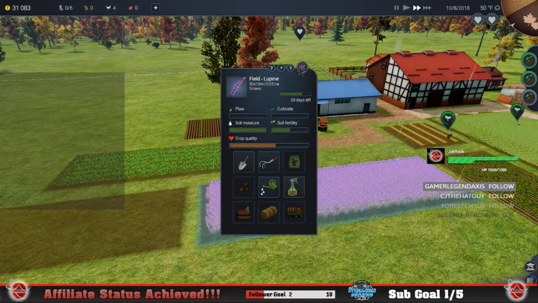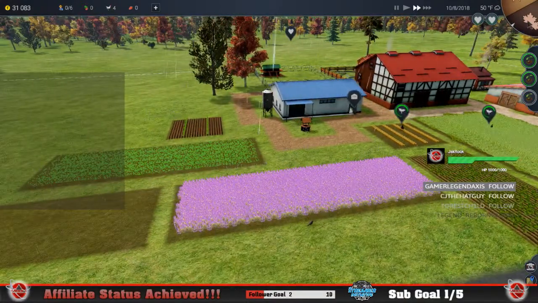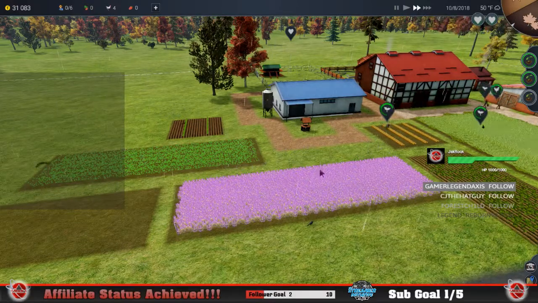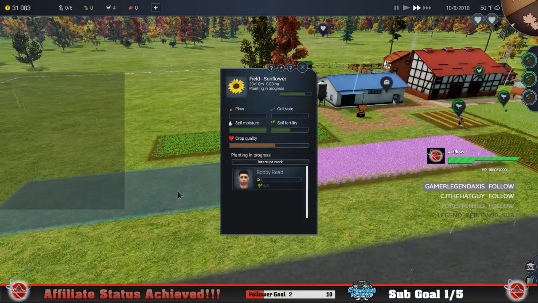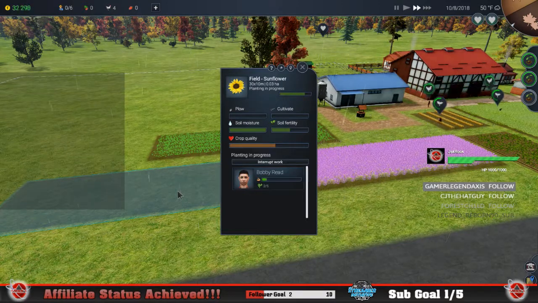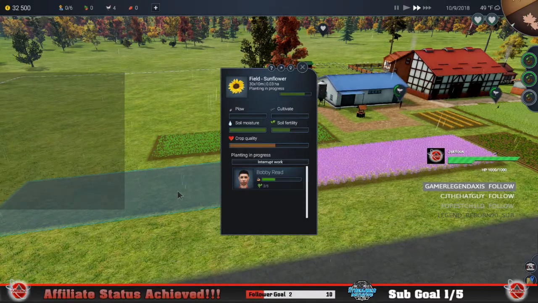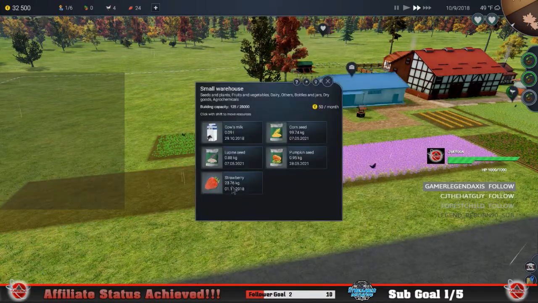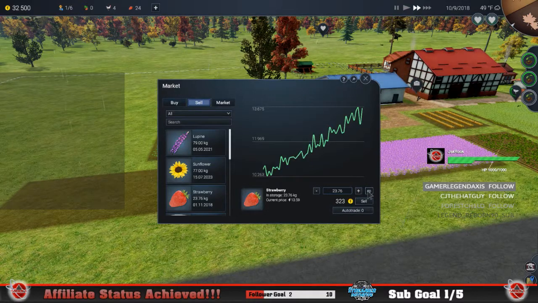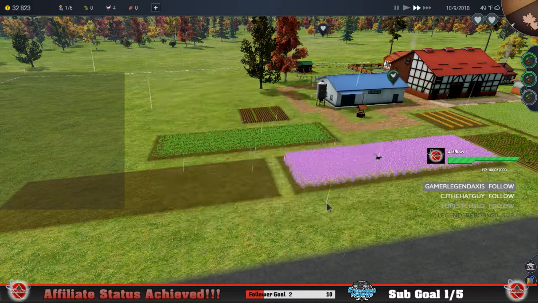28 days left on the lupine. Yep, so now we're in the fall. Temperature is getting a little cooler. Hopefully I got enough time. Don't want to lose my crops. $23 strawberries. Alright, so we're going to sell those. And here. And we'll go ahead and sell those. Okay. Not a whole lot on the strawberries, but...